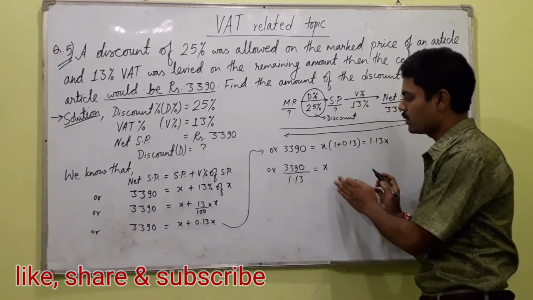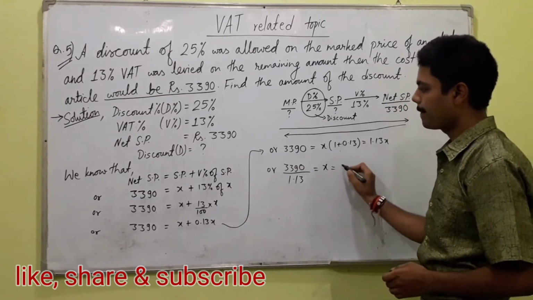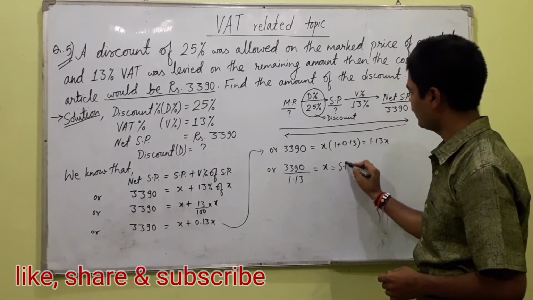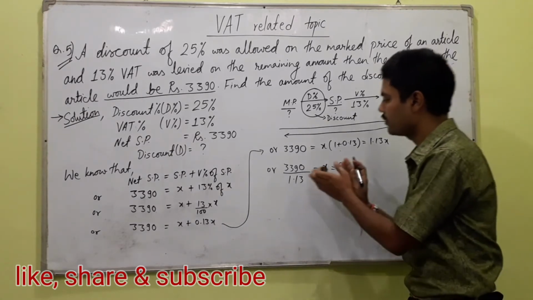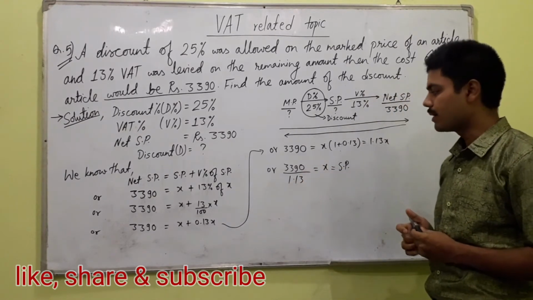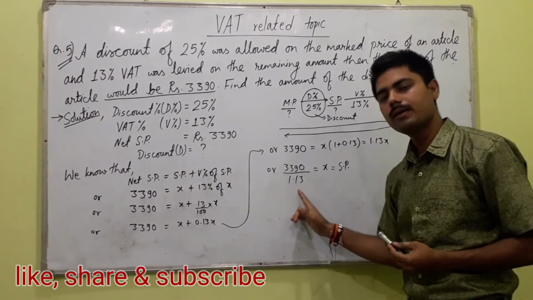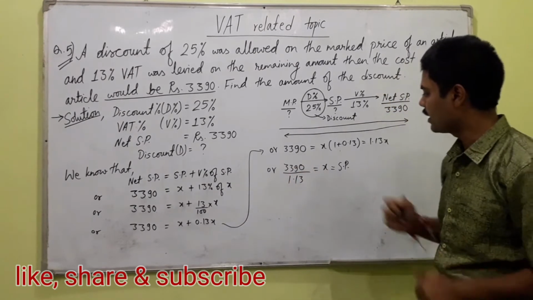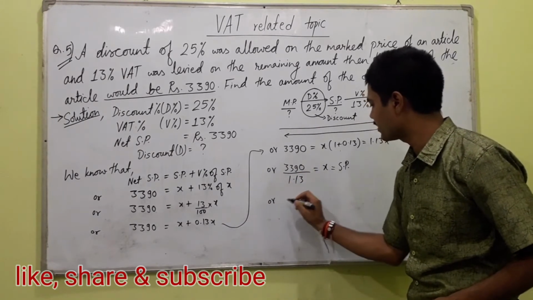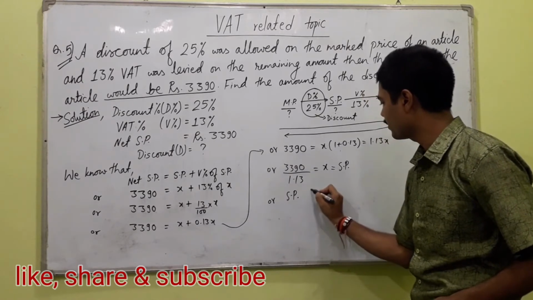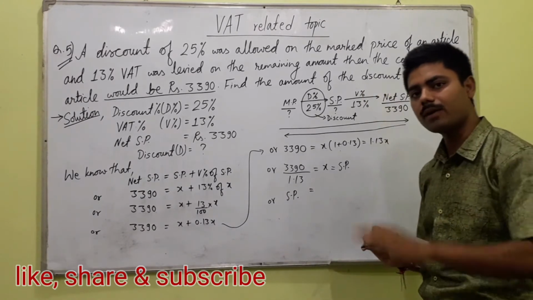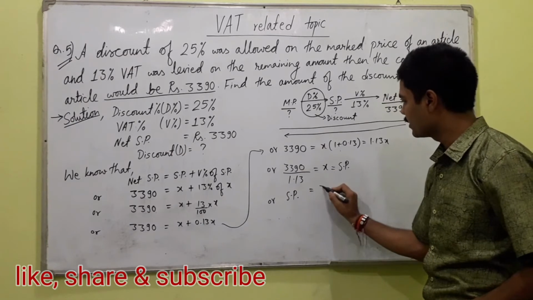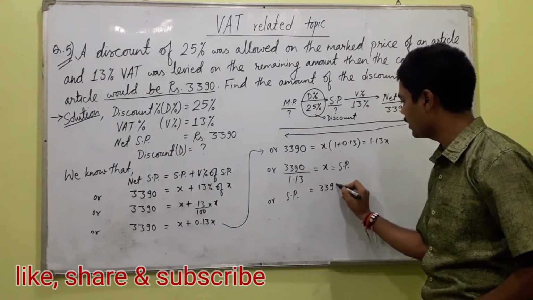Now you know the value of x. What is the value of x? That is selling price. It means you have come to know the value of selling price. Now most of the students use a calculator while finding the actual value, but I have said it is better not to use a calculator. Try yourself. If you know the multiplication table at least up to 20, then here we do the solution this way.